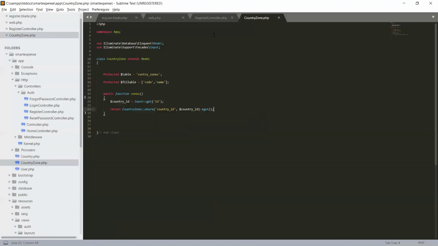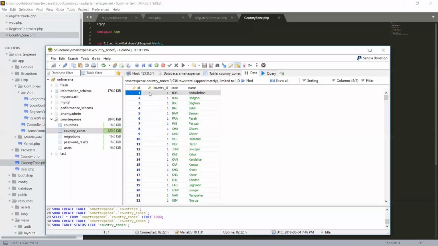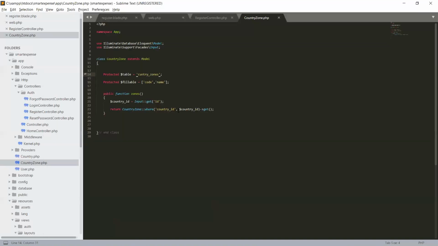We have defined in our model protected table country_zones, and it will fetch all records from this table. So in this model CountryZone, we are using the Input facade and the helper method where country_id. In the table, country_id is equal to this, we can use a comma or this way. So country ID is this one and get all the records. We can also use a string like where country_id is equal to this, and it will also fetch the result.